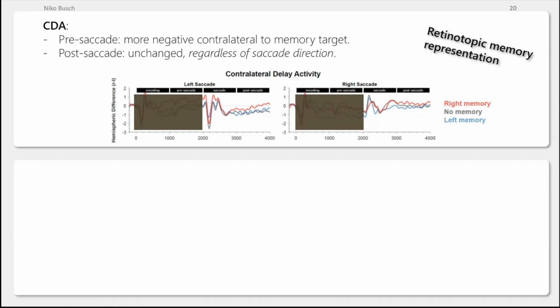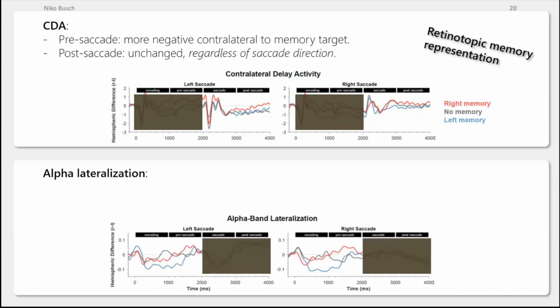Okay, now we wanted to know what happens in the alpha band. Before the saccade, again, you can see the difference between red and blue. In other words, in the way we set up this experiment, this is conventional alpha lateralization. That's what you guys are always showing. That's what everyone finds, maybe shown in a slightly different way. And again, the question is, what happens after the saccade?